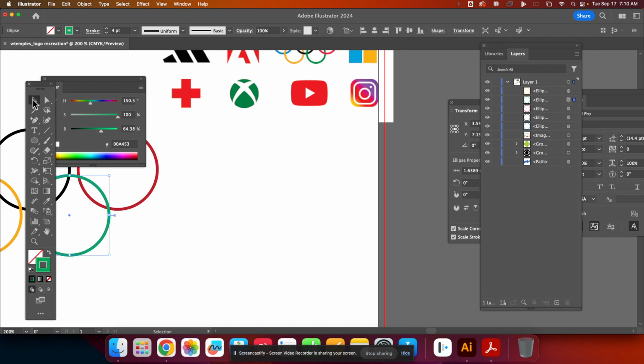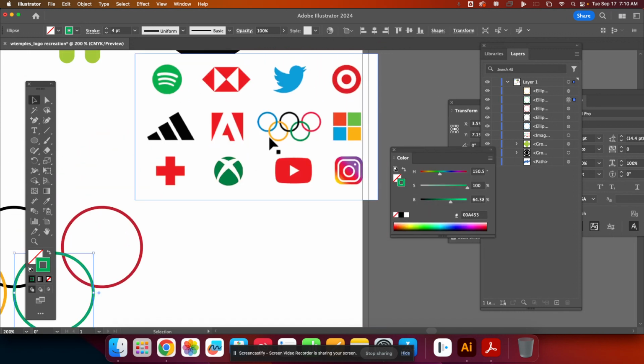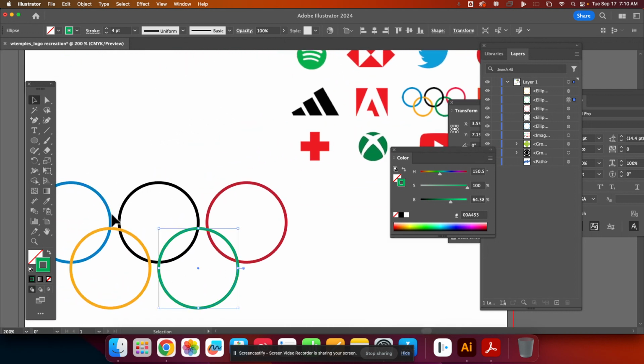Okay, so if you look at the rings, they're linked, right? So this one goes behind the blue one. This one goes behind the black one. Okay, so I'm going to show you how to do that. So I'm going to select the blue one and the yellow one, and I need to put it behind